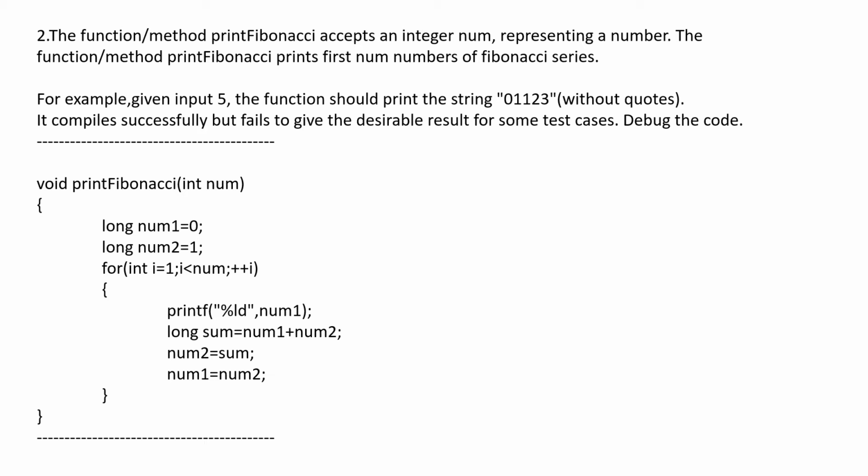Then comes our second automata fix question. So here a simple function printFibonacci. So we have to print the Fibonacci number and a simple code is given, and our argument is only a single number which represents the total number of Fibonacci numbers to be printed. For example, if the argument is 5, we have to print 5 Fibonacci numbers series.